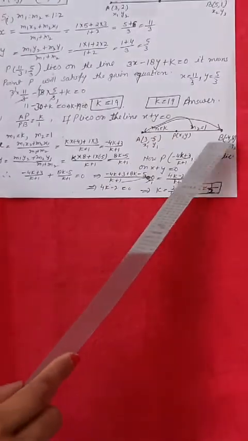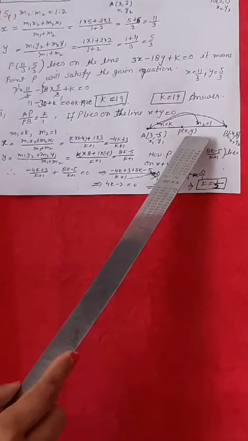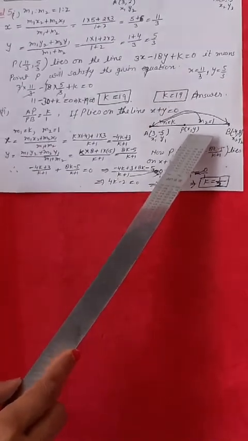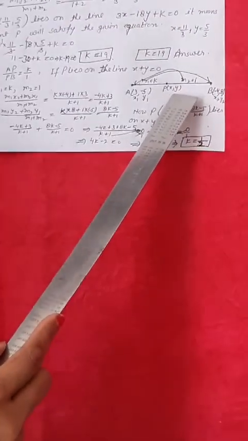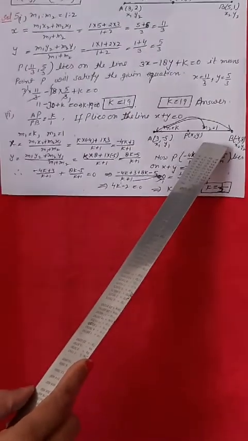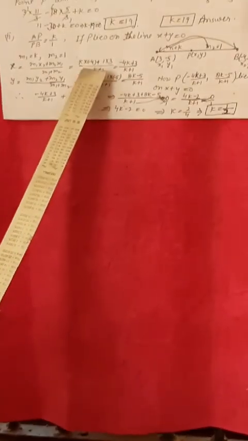Now, up to this, what is the need? After looking at this, what can be done? We can calculate the division point. But you see, while calculating the division point, one ratio is given in variable k. It means you will calculate the division point in terms of k. So see the formula, x of the division point is m1 x2 plus m2 x1. Same formula. Just see, I have just substituted the values over